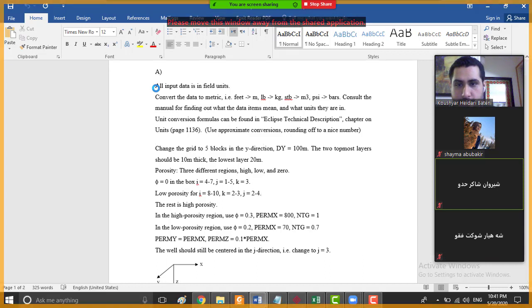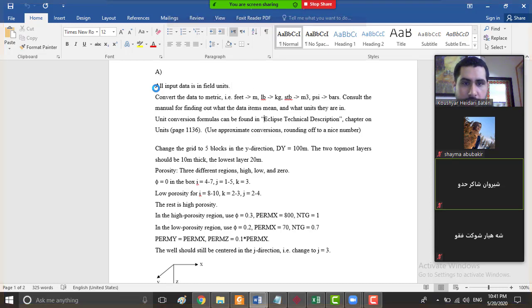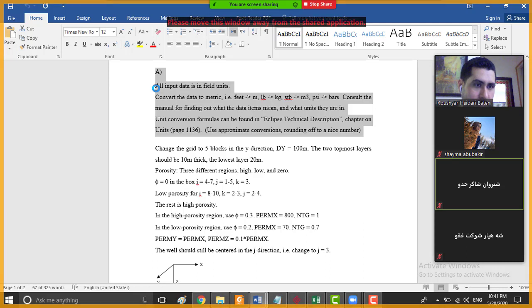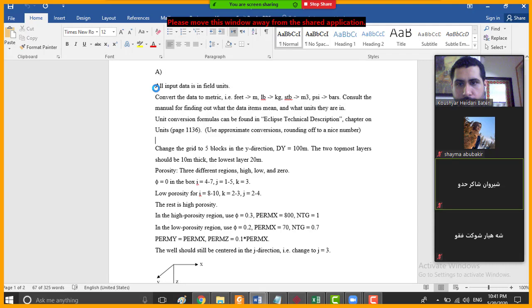Guys, it says, in part A of this exercise, we did the unit conversion, and through unit conversion, we learned the meaning of various parts of a data file and the most important keywords in each part. Now, zoning is the subject discussed in the next part of this exercise. What does it say? It says,